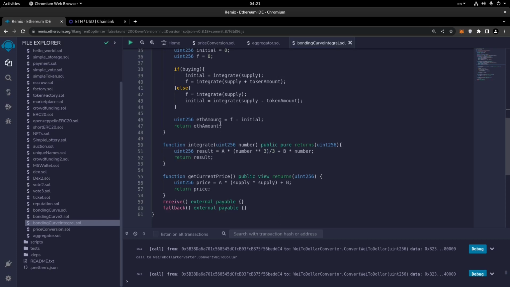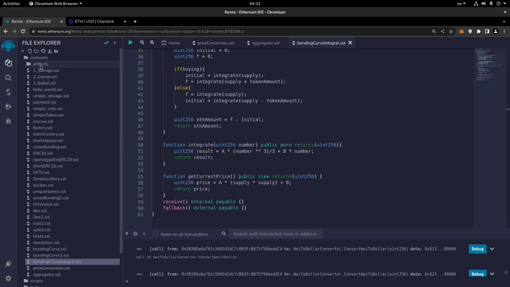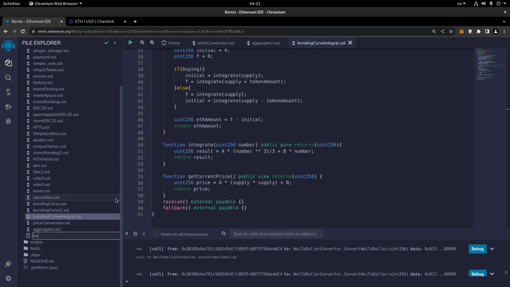Anyway, let's get started here, and instead of showing you how things could change, let's write it together and see how we can make this smart contract work. So the first step is to create a new file here. I can call this bonding curve for dollar